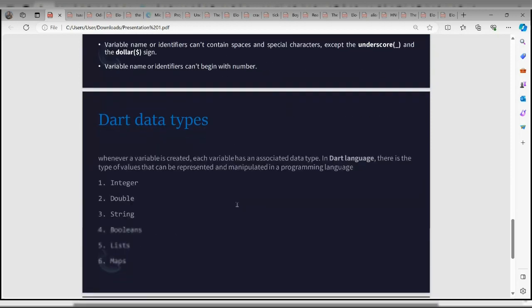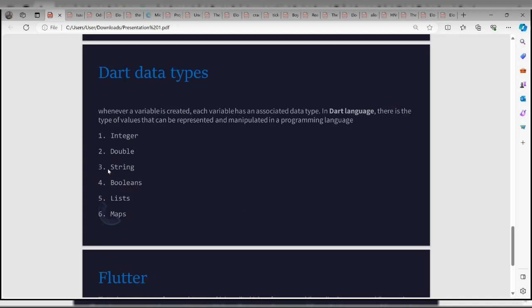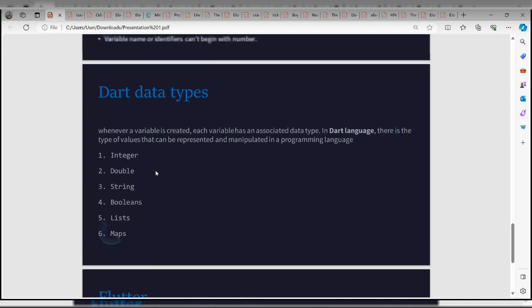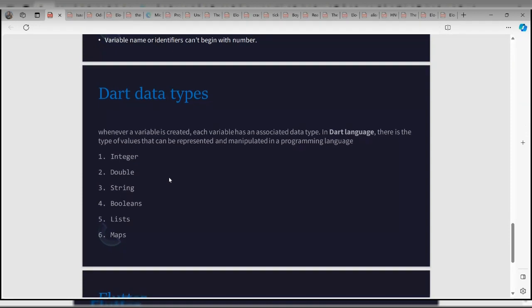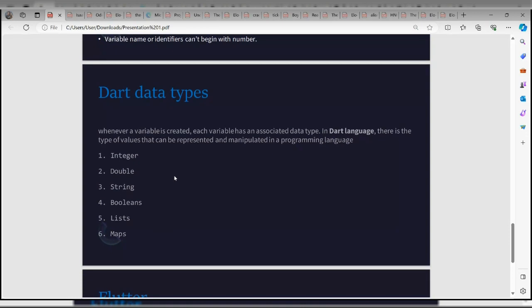So we have other data types. If you are not following, if you have any questions, please signify. I want to carry everyone along as much as I can. All right, so we have string. Strings are, you have a question, all right. Yes, please, can you explain the integer again?